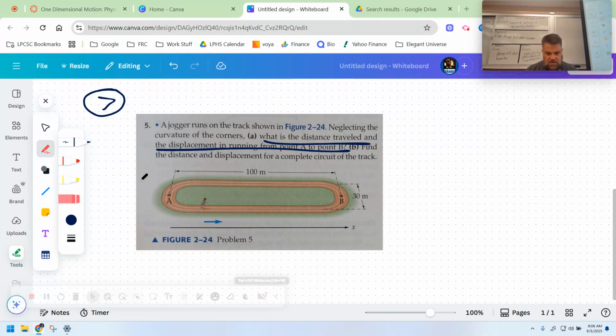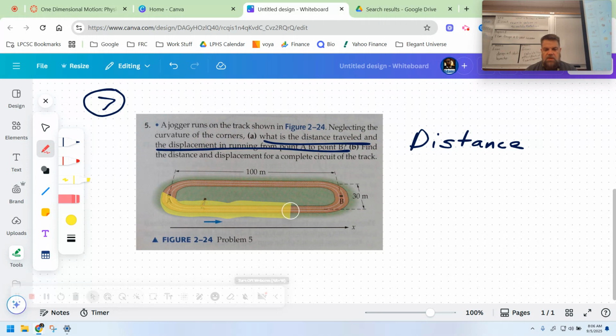The distance is a little bit easier. The distance is the path, how far they traveled. So if you want to, you can imagine that the runner goes from A to B. So they just go from here, and they run this way, and they stop here. So that total distance,